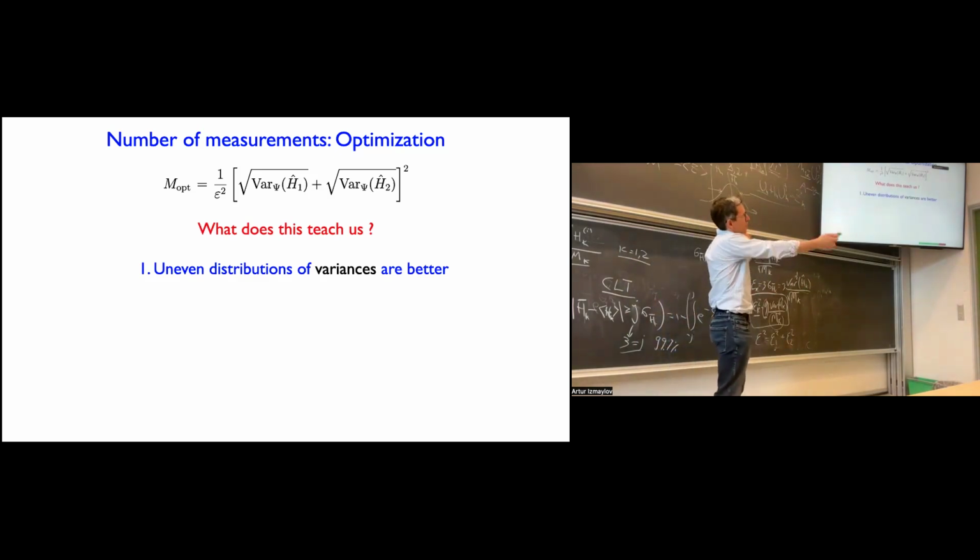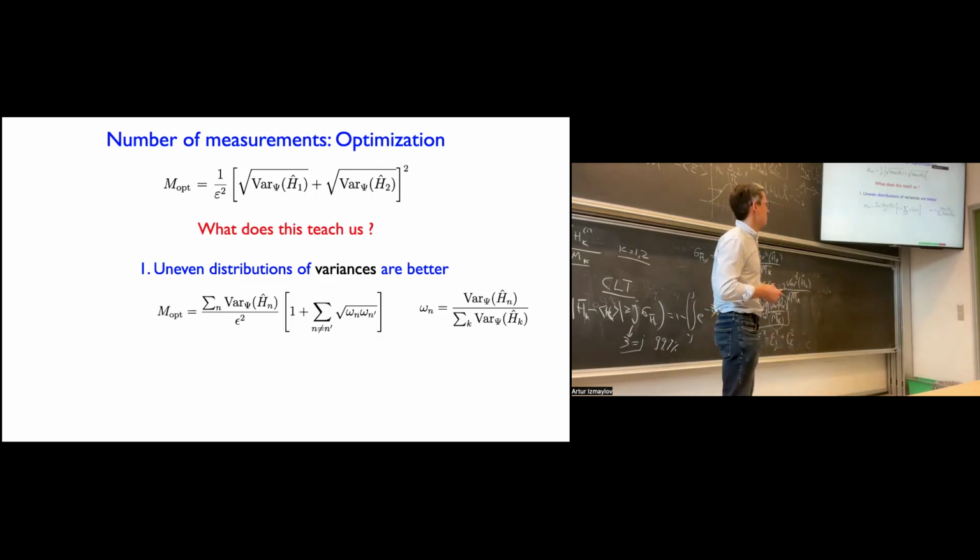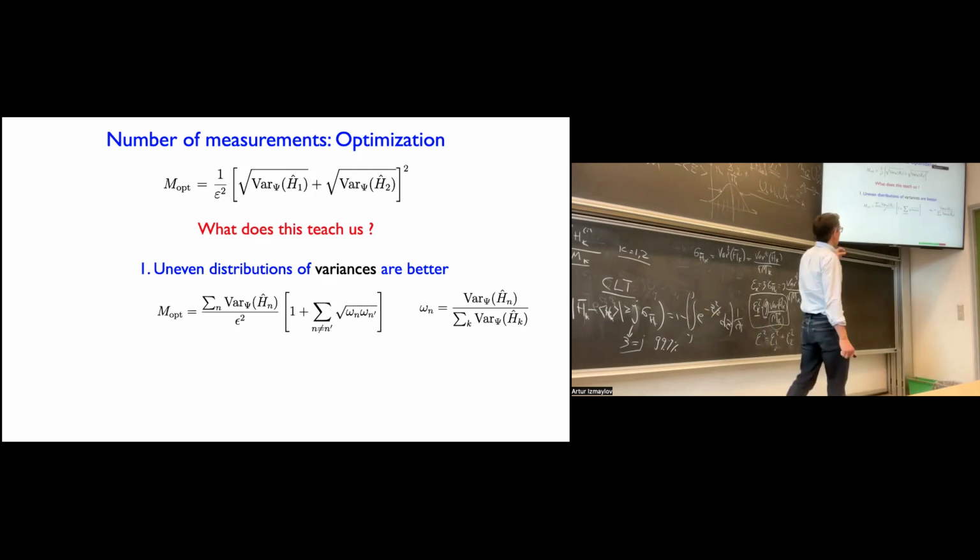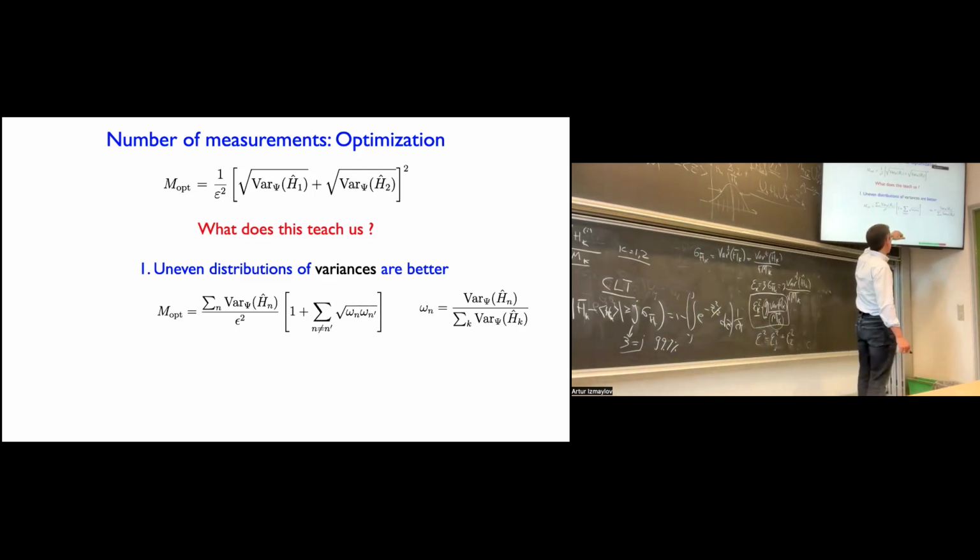Like if you split your Hamiltonian into fragments where some of the variance will be large and some of the variance will be small, with the total sum being the same, then these uneven distributions will be better in terms of the number of measurements. The reason for that is you could, with the simple algebra I mentioned before, massage this